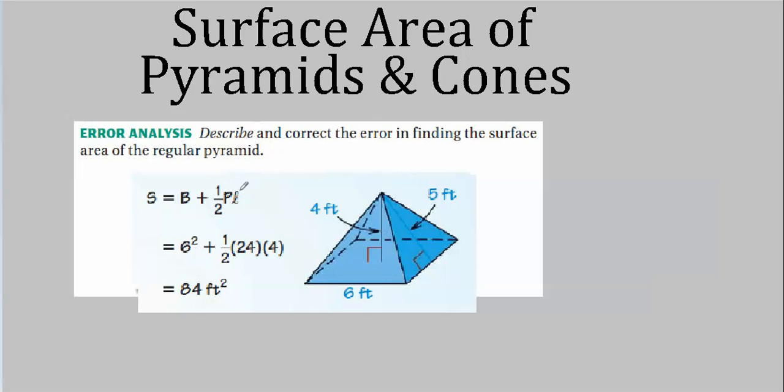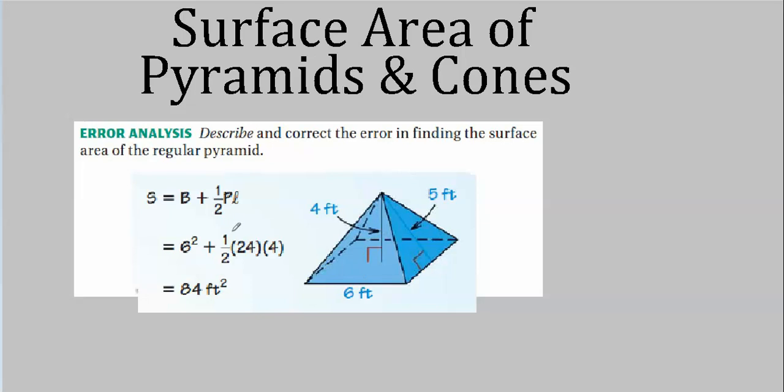That's just NS, right? Number of sides here is 4, and they have length 6. So 4 times 6 is 24. That part looks good. And when he took the area for the base, 6 squared, that seems right.